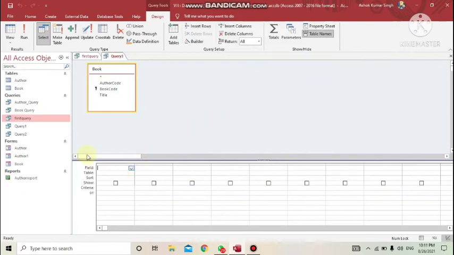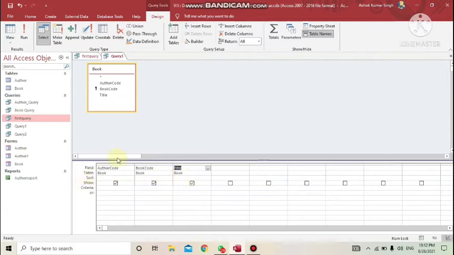It is added. Now you can see the query design window is divided into two parts. The top part shows you the table which you have selected and the bottom part is divided into a type of grid where different rows are there. One by one I'll explain all the rows now. First row is Field, meaning in the query output which fields do you want? I want the author code selected, I want the book code, I want the title. So all three things I have selected.